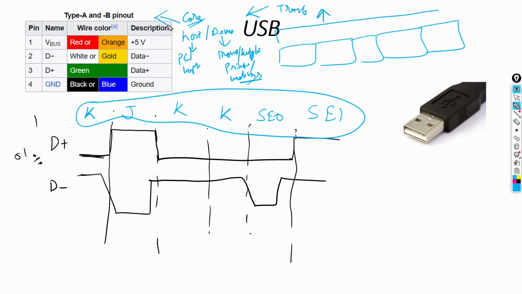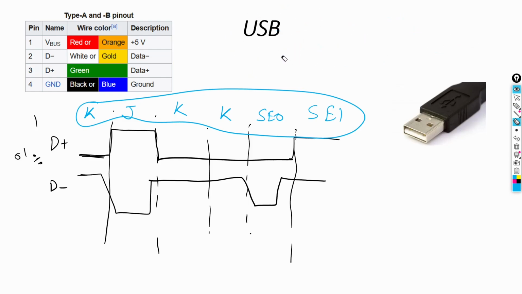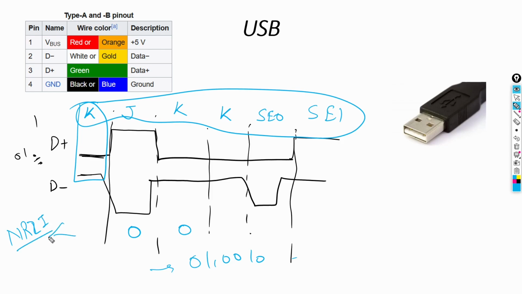Can you say the middle part again, sir? Which middle part? These boxes you see. So first of all, what we have will be transferred in bits: 0 1 1 0 1 0 1 0 1 0 1. Now how do you get to this 0 and 1? Based on the states, based on the change in D plus and D minus. This is your 0, this is your 0. We use the NRZI encoding scheme. Why we are doing that, we'll see in the session.